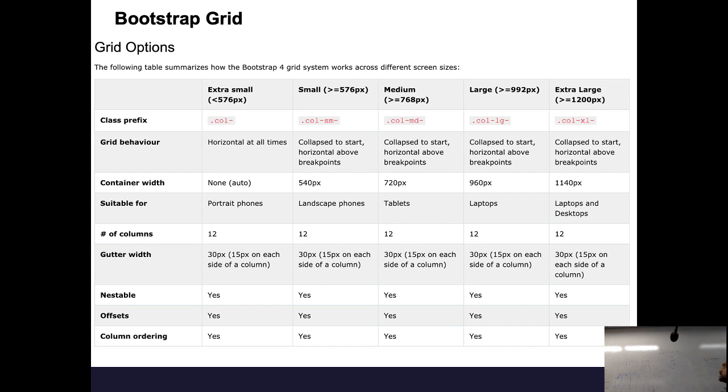Again, this is more for the concept, so you know what is going on. What do these tags mean? And if you don't put anything, it is considered small, your phone in portrait mode, which is less than 576 pixels. Do I have to know these pixels? It's good to know. Will I use it? No, Bootstrap behind the scenes is using it. As long as you use the right code, small, medium, large, extra large, Bootstrap will understand what you're trying to do. But from a conceptual standpoint, I like to explain this so that people actually know what is going on. This is why I put it here.